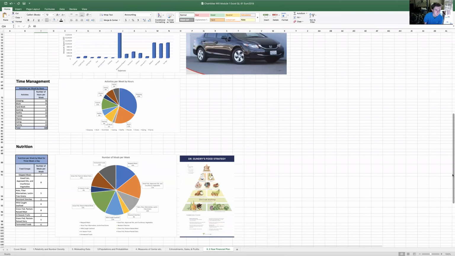Time management, 168 hours a week. So that's where that total comes from, which is the sum of all these. 56 hours of sleep, and that's 8 hours a night, the recommended amount, I believe. 35 hours of work. Hopefully I'm close to the 40 hours. You obviously don't want to overwork yourself and leave time for stuff like friends, family, and of course Netflix. See yard work, gaming, chores, just the regular stuff in a day.